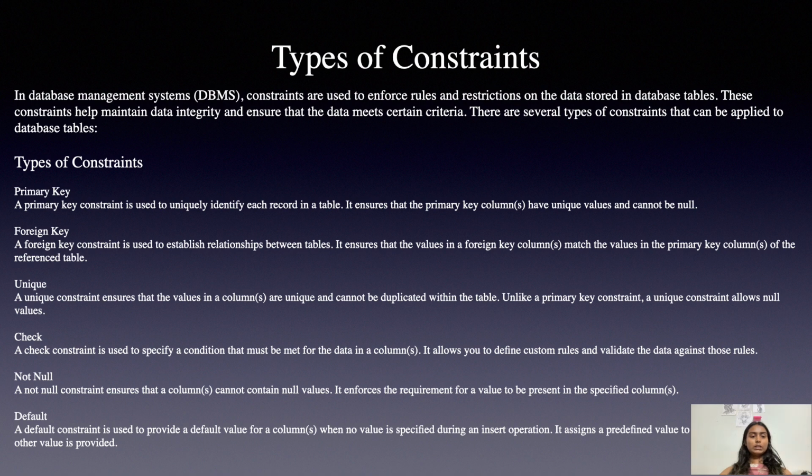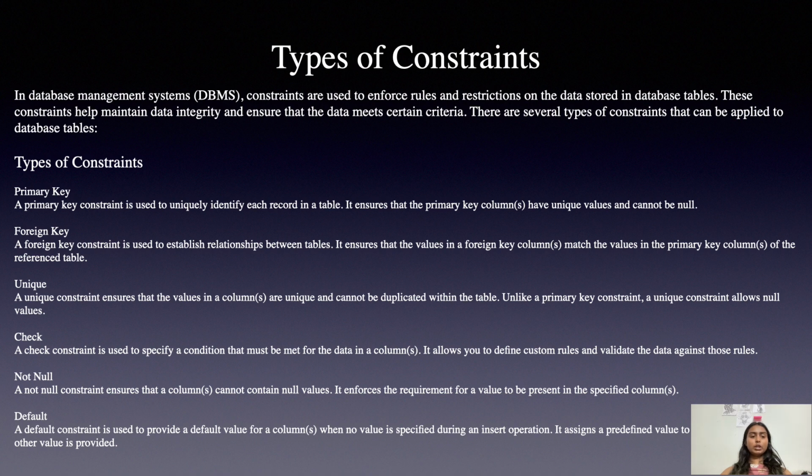Primary key. A primary key constraint is used to uniquely identify each record in a table. It ensures that the primary key columns have unique values and cannot be null. Foreign key. A foreign key constraint is used to establish relationships between tables. It ensures that the values in a foreign key column match the values in the primary key column of the